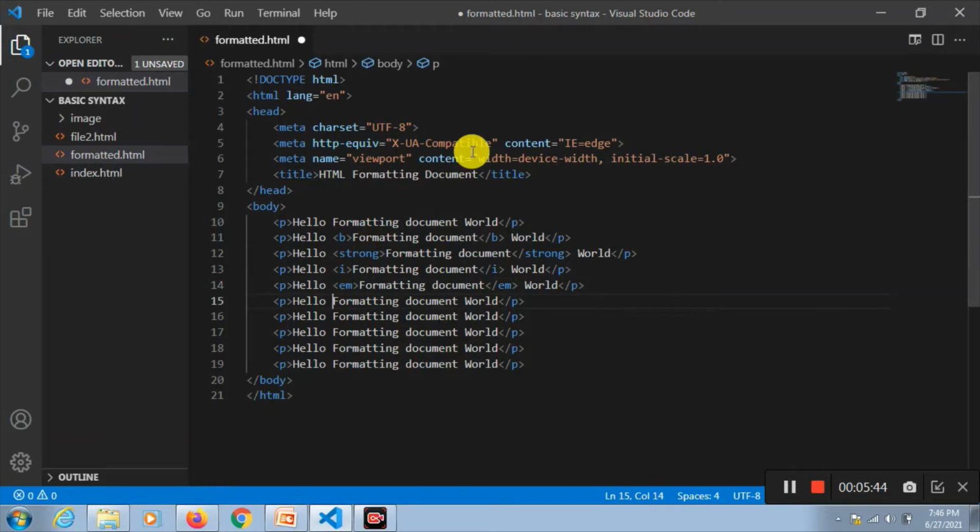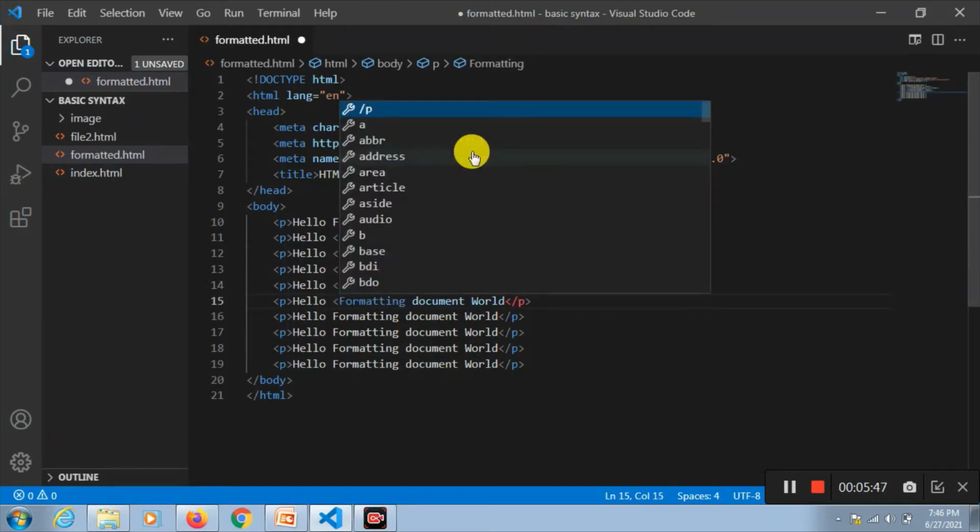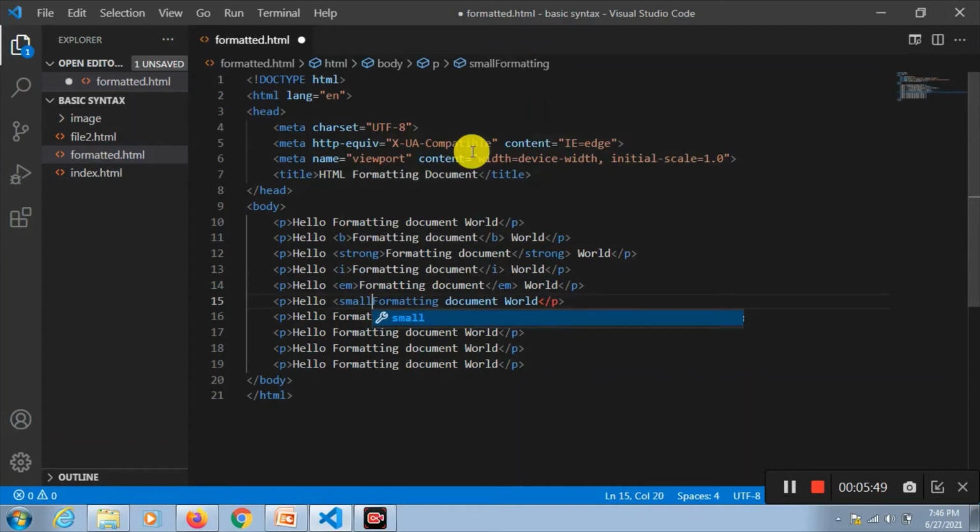Then one more we'll take, small. If I want to do only with the word formatting, then I should close here. We have one called mark.